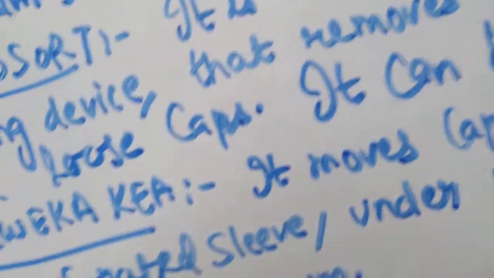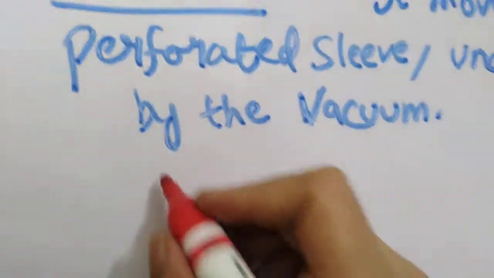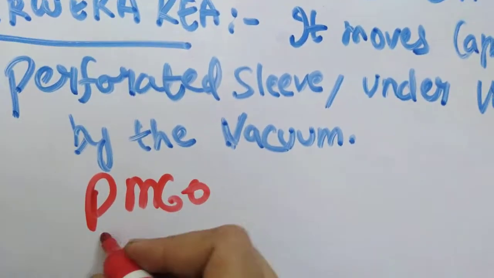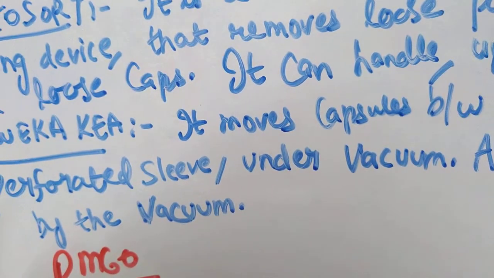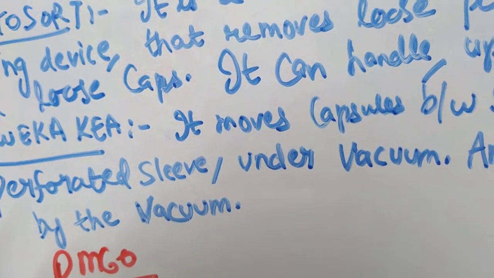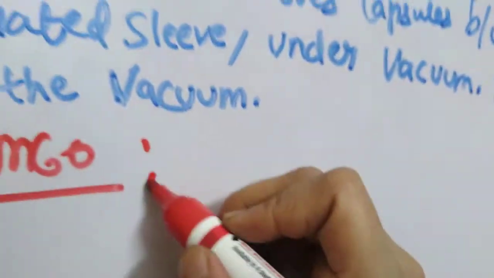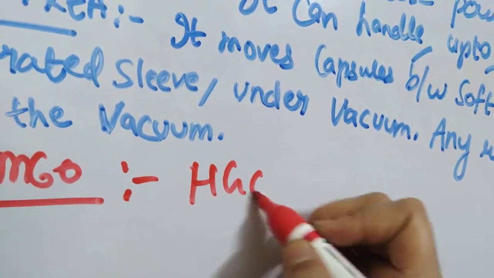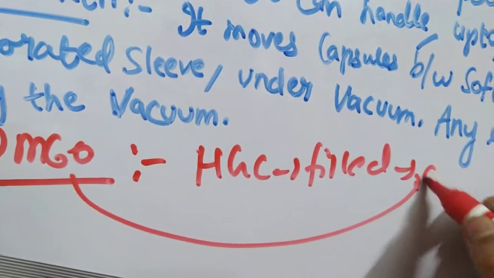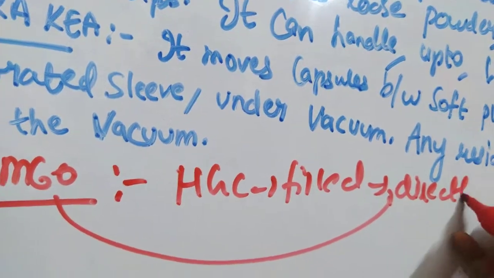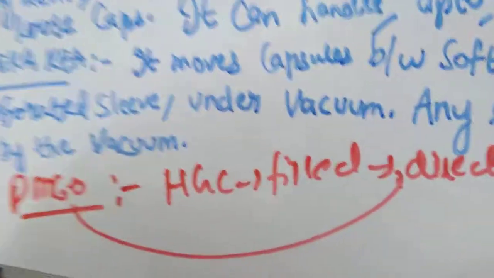PM60. So you have one more polishing machine here, PM60. In this you have a vacuum system to remove the unfilled capsules. This is also a capsule sorting and polishing machine, and it may be used separately or it may be combined in the finishing of filled hard gelatin capsules. As I have told you, immediately after the capsules are filled, this machine can be directly attached, like the Rotosort, or it can be used separately.